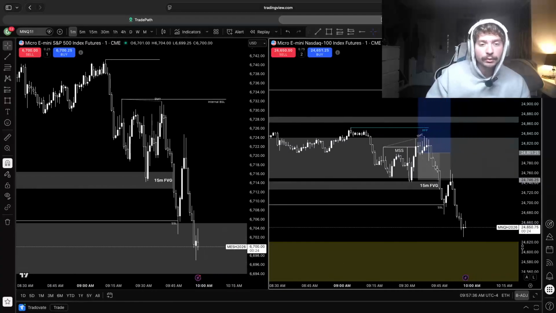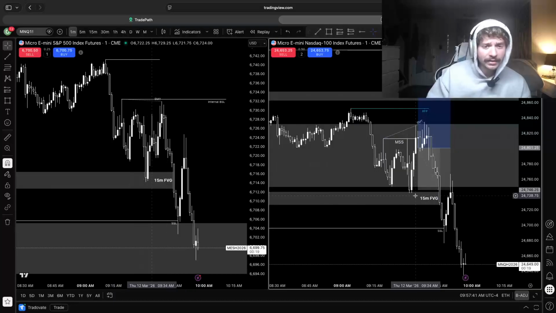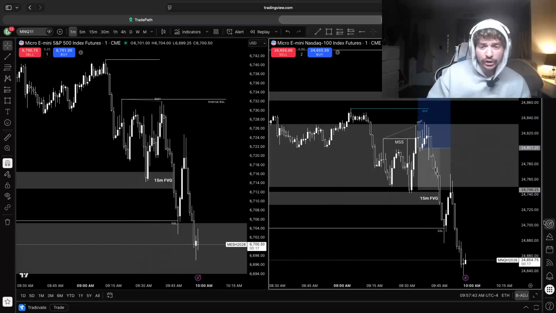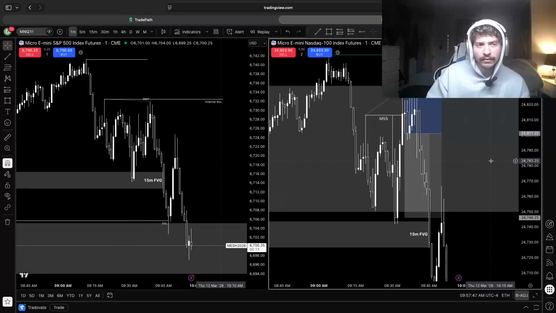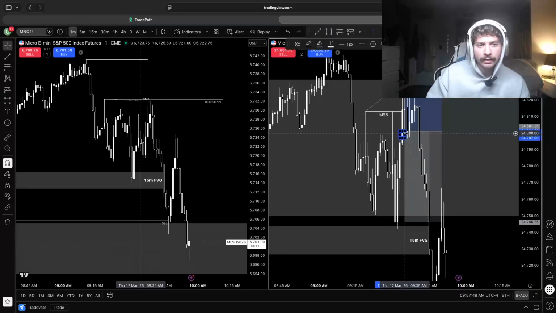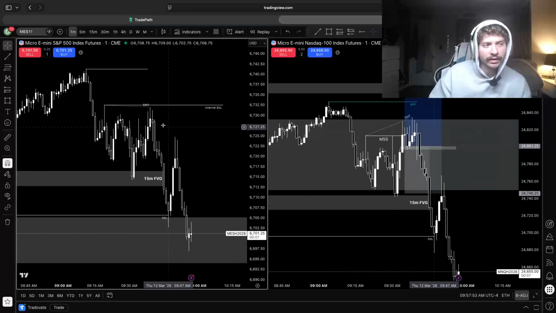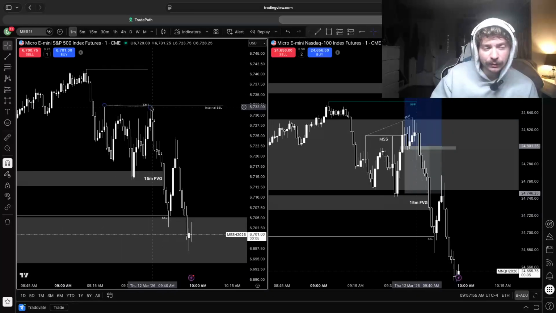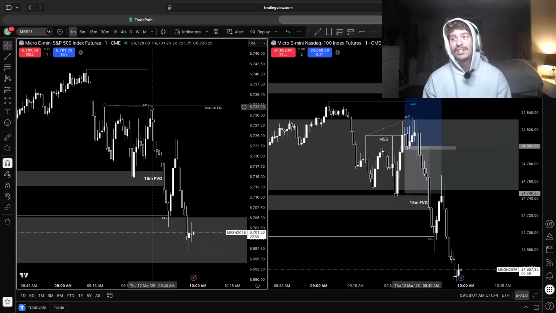So what happens? Boom. At the open, we get a little wick, put in equal highs, come down, tap this 15-minute fair value gap, boom, market structure shift above the equal highs. And then I get involved off this little 1-minute fair value gap right here. Stop right here, targeting higher. What I wanted to see was ES come up and around this internal buy side level, and then what ends up happening, boom, bearish SMT gets put in, holds, and causes price to drive lower.